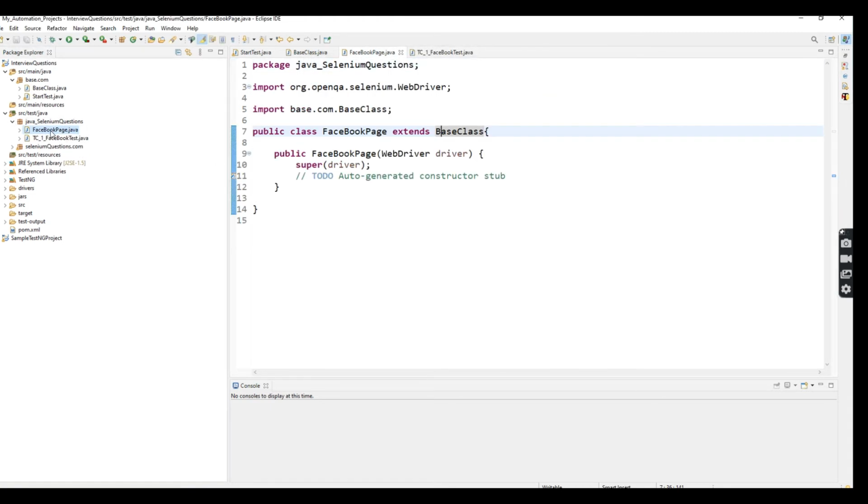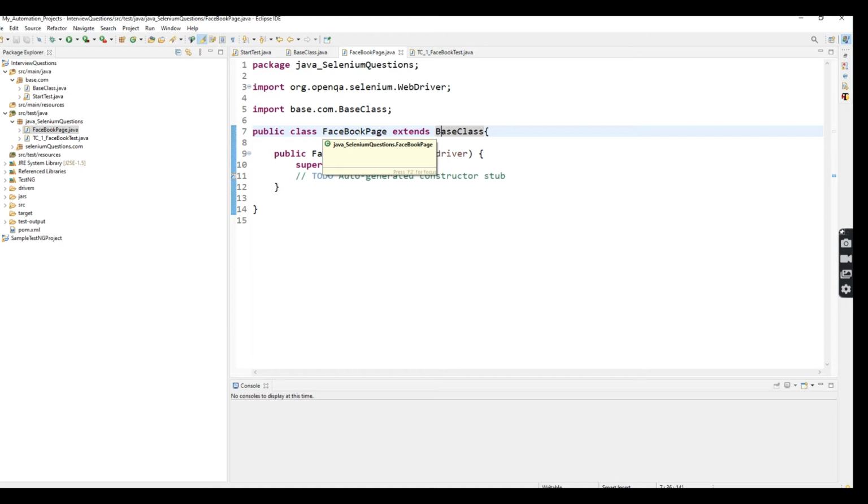Okay. So here in the Facebook page, what are the steps you are going to automate? First, I'm going to implement this Facebook page. In your company, if you are using some internal project, they will develop some application, right? So you can create a different class file and a different package name according to the page.